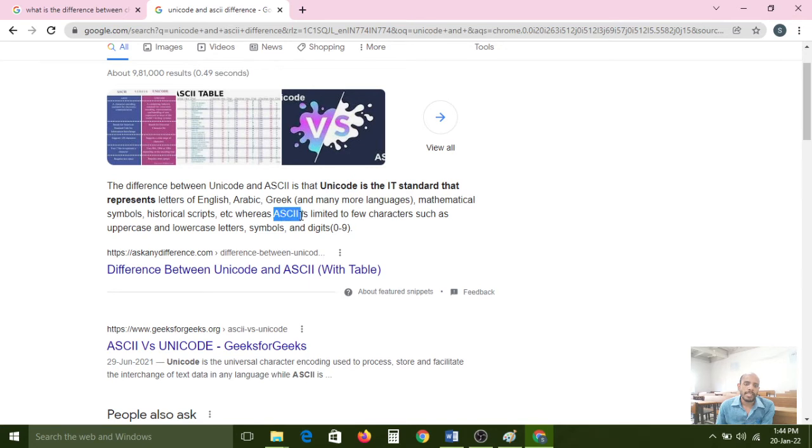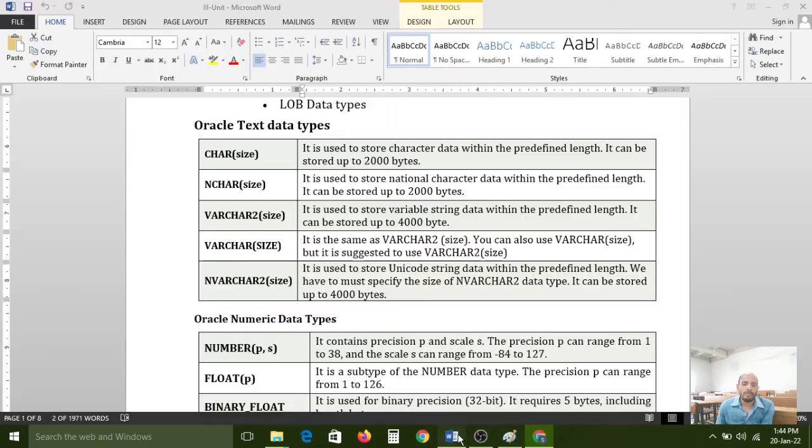So compared to ASCII, Unicode has high performance. Carefully observe here. The character data type is related to ASCII. Nchar is related to the Unicode data type. So compared to character, nchar shows very high performance for us. Okay, so that is the difference between this and that.